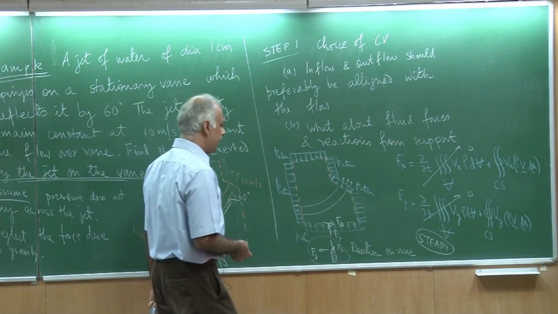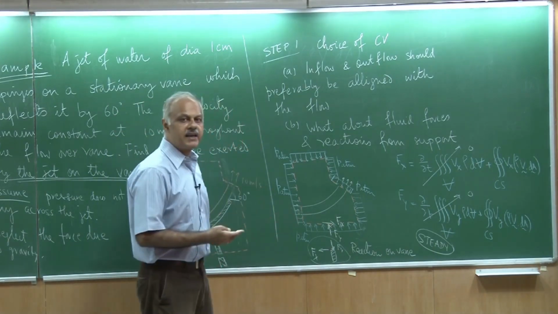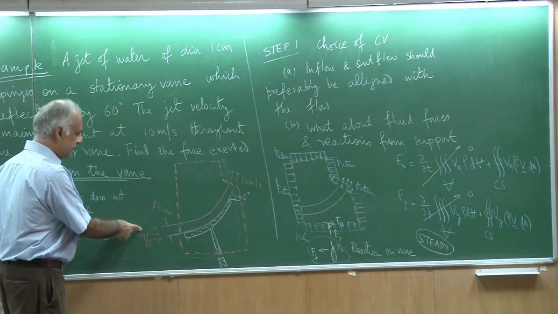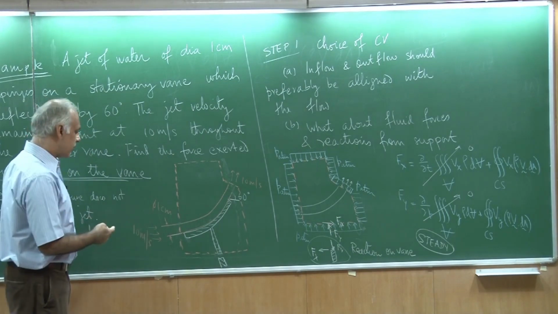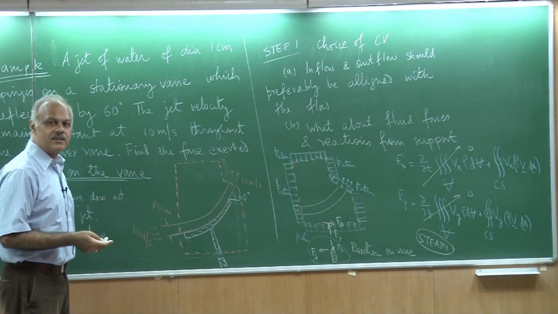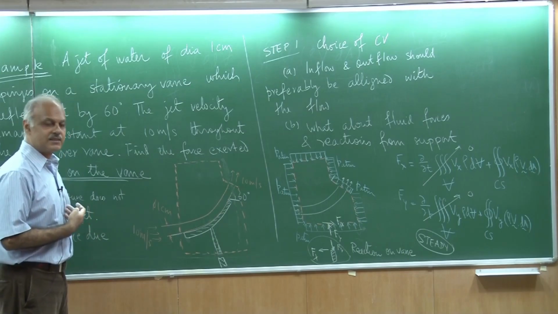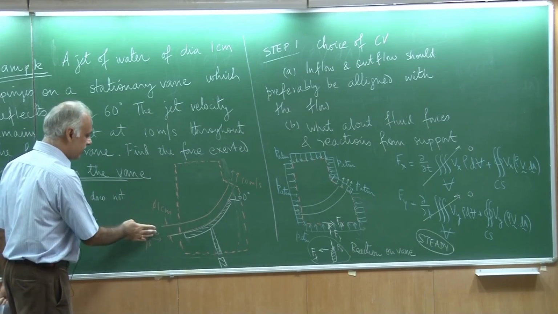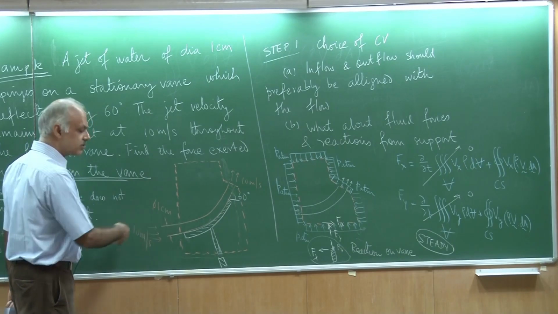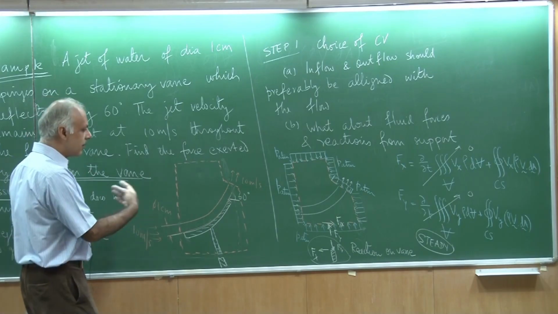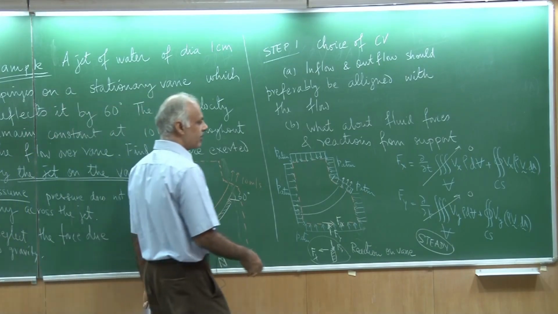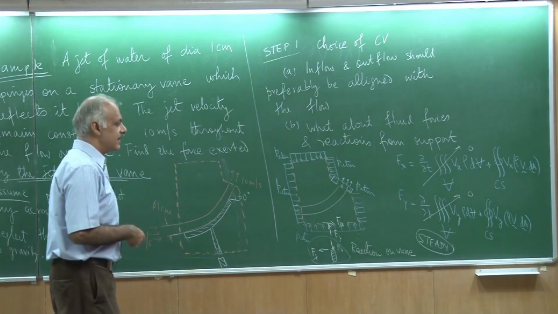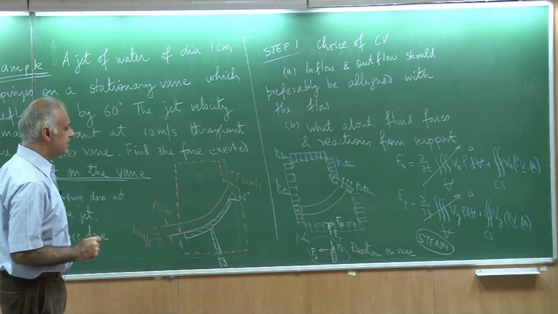Okay? I could in principle have a more complicated problem where this velocity of 10 meter per second, which is specified, fluctuates. So I could have some kind of a sinusoidal variation, maybe something like what happens in our heart. Okay? So it beats, and then I could have a flow that not only changes in magnitude, but maybe it also changes in direction. And then this problem would become a little bit more interesting, because then I would have an unsteady term here, and I would not be able to neglect that aspect. Okay, for now we will stay with this.